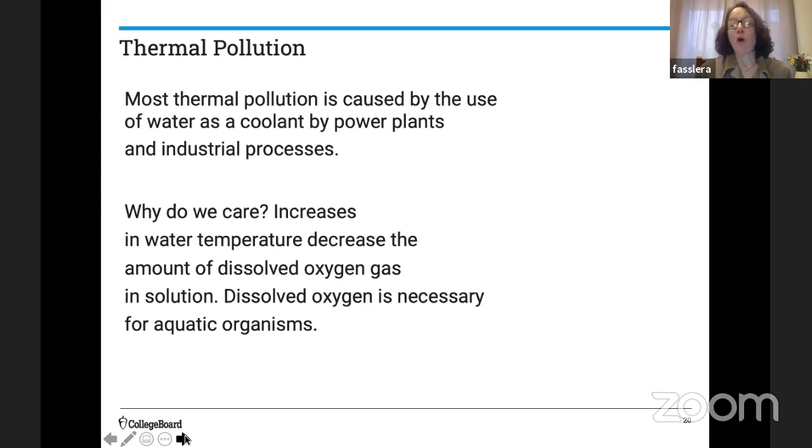So if the water temperature gets too warm, I lower the ability of that water solution to hold dissolved oxygen gas. Think of that, those warm water molecules are moving around with all kinds of kinetic energy, and those oxygen molecules are jumping out of solution. The analogy would be as if you opened a can of soda, the gas dissolved in the soda is carbon dioxide, the fizziness of it. If you put it in the fridge, it's going to stay fizzy because that carbon dioxide is going to stay in solution longer if it is cold than if you leave it out on the counter where it's going to get warm.